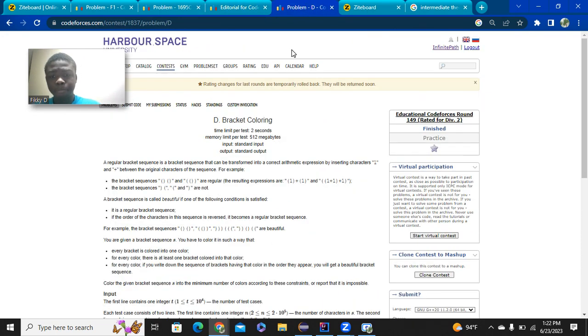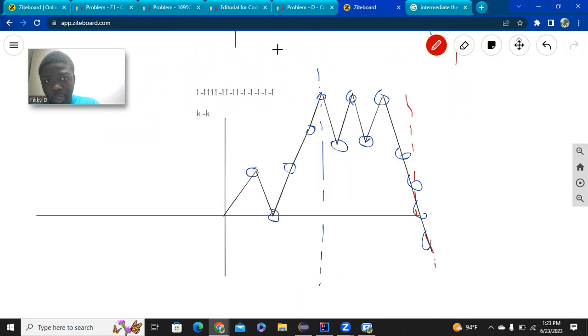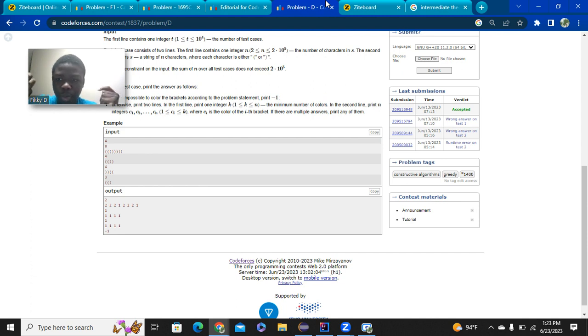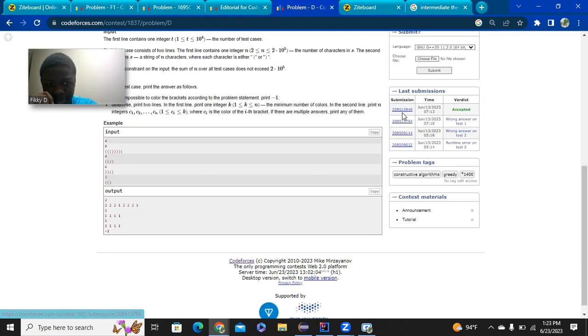And then also bracket coloring. This is very interesting because you can think of the opening brackets as ones and the closing brackets as negative ones, and you can plot it on this function. And once you do it, it immediately solves this question. It's almost like boom. You get the idea in like 1 minute. Once you do this, and I got penalties. But yeah, once you think of it like that, then you solve these questions.